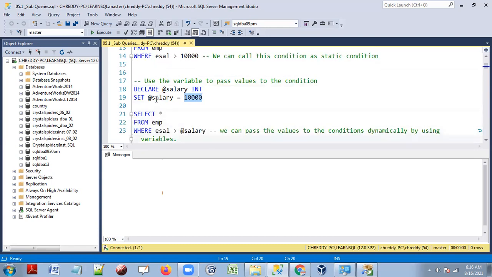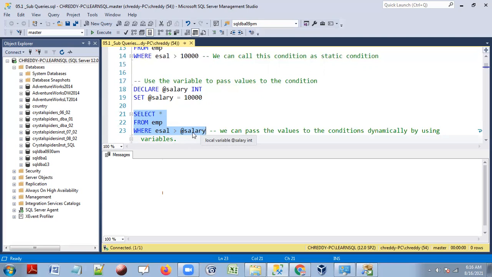See, variables are expected to store different values during the execution of the program. So I can put any value I want in this variable, because it is expected to change. But this is the actual SQL query. In this actual SQL query, I'm not going to do any modifications. I just mention here salary greater than @salary variable.